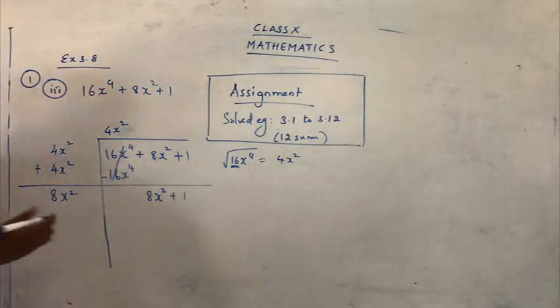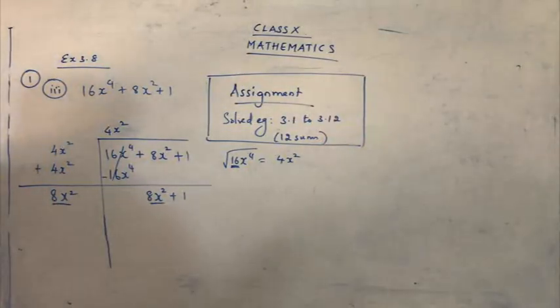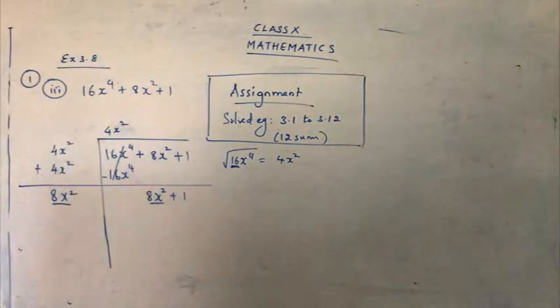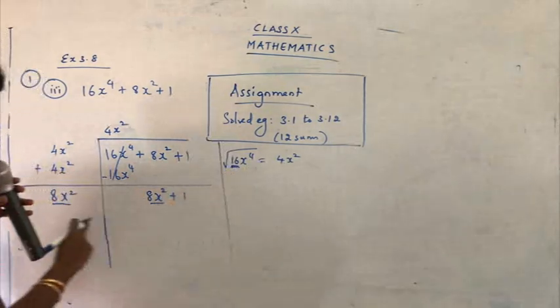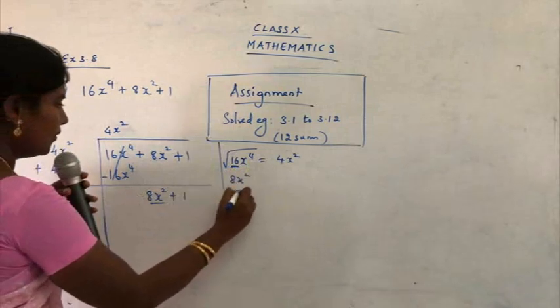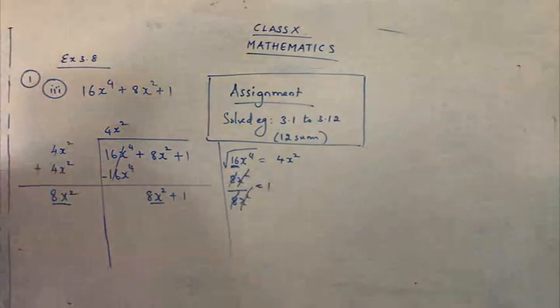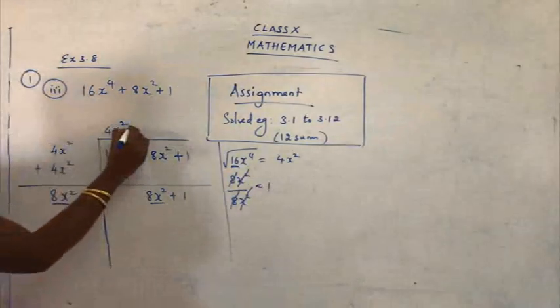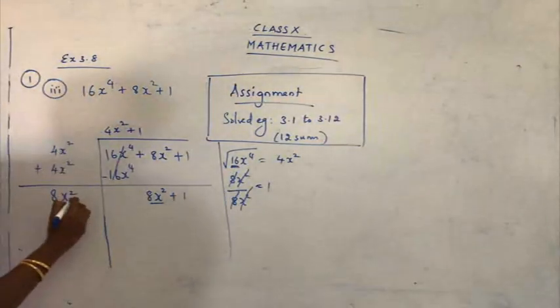So now what is your work? Take the first term and divide. When you are doing the homework, I want you to present your answers in the same manner as I give you in the classwork. No direct answers allowed. I'm just mentioning it rough. So first term and the first term gets divided. So 8x square upon 8x square. x square, 8. The left out part is 1. So plus 1. Now what are you going to do here? Plus 1, yes. So add here plus 1.